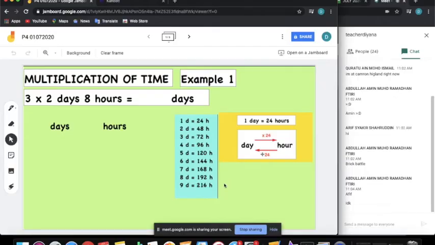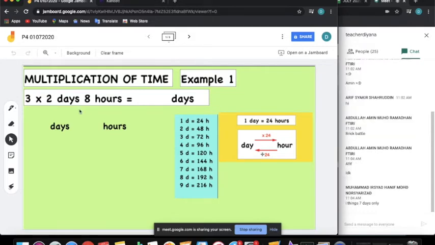Now everyone, look at in front. Now we go to the multiplication of time. Multiplication of time, that means, of course, you need to remember the timetable. For those who do not remember the timetable yet, who still forgot, you are in trouble. Today, teacher will show you 3 situations of the question. So look properly, understand very well, and if you do not understand, tell me at the chat box.